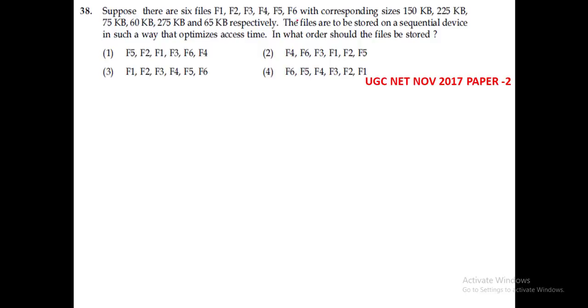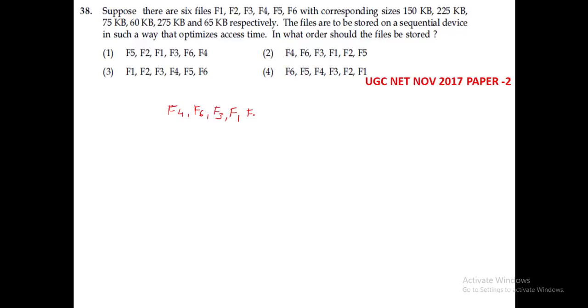So among the six files, the 60 KB file, that is the F4 file, is the lowest size file, so F4 is the first file in a device to access. And the second file, after the 60 KB, we have the 65 KB file, that is the F6 file, and after the 65 KB file the next file is the 75 KB, that is file number 3, and after that 75 KB we have the 150 KB file, so that is the F1 file,